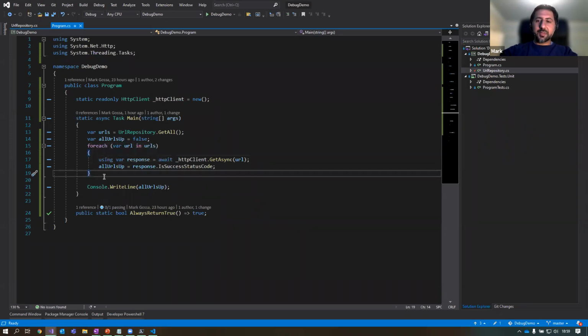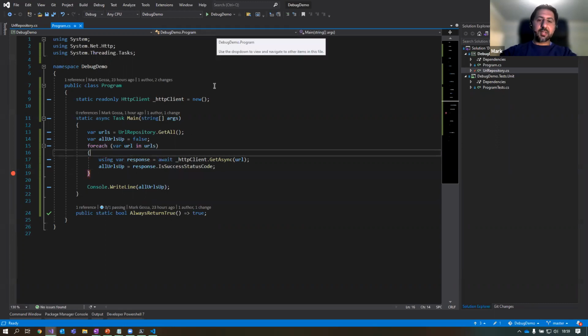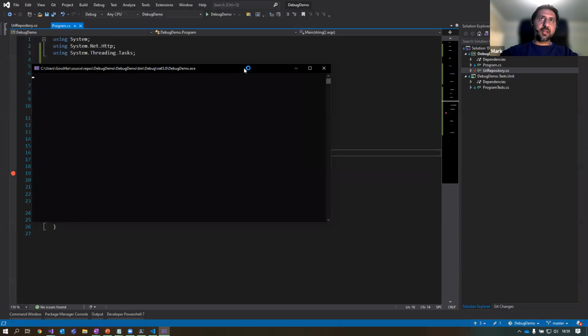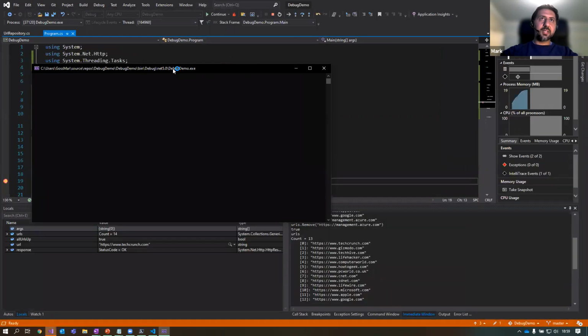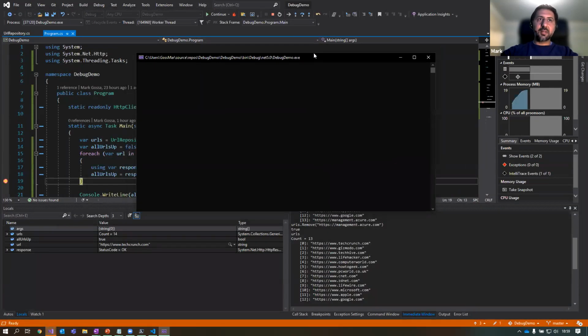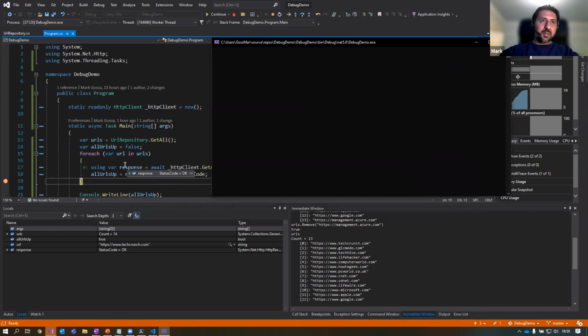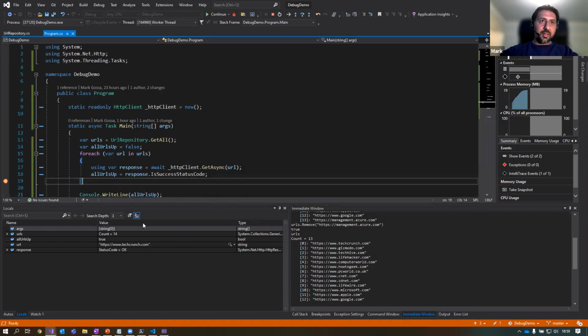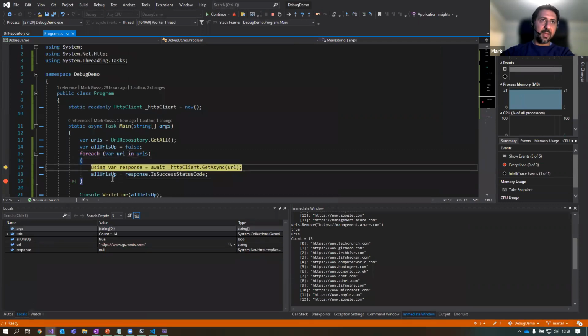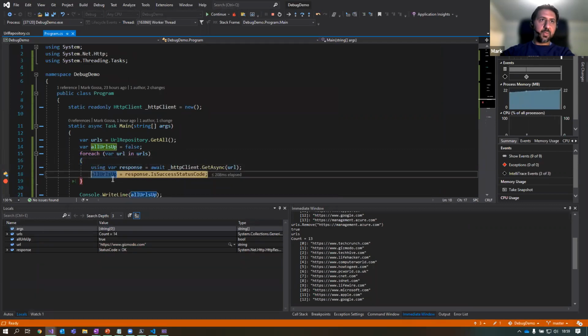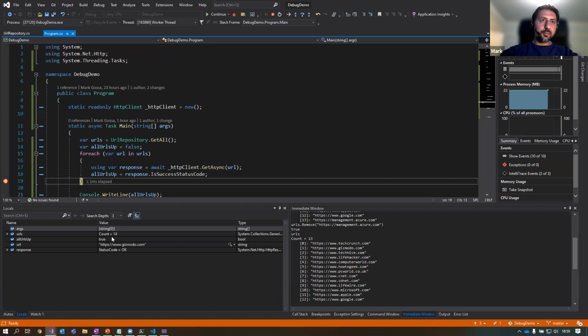That's the question. So I could put a breakpoint here maybe, and I'll just hit F5. I don't have to click the run to debug, I'll just hit F5 to start the debug. So it's come here and it's hit that breakpoint. It's now on TechCrunch, and I can see status code is okay. Okay, fine. So I'll just hit F10 until we get back there. That's also quite slow. Now we're on Gizmodo, that's also true.